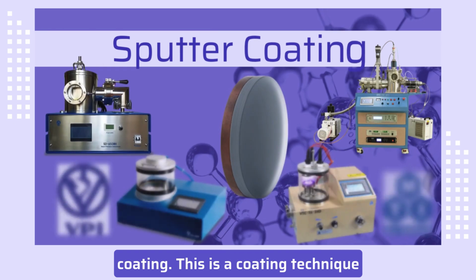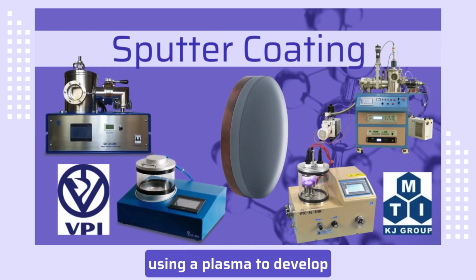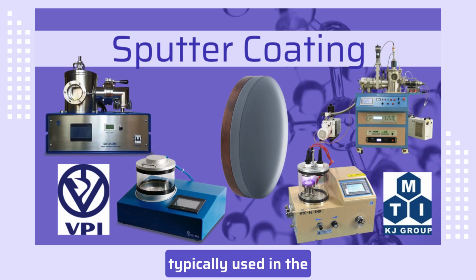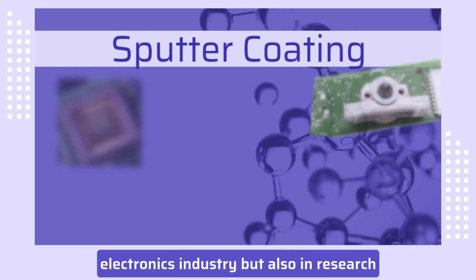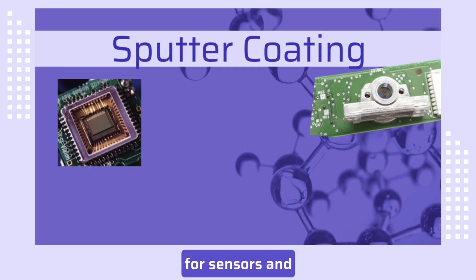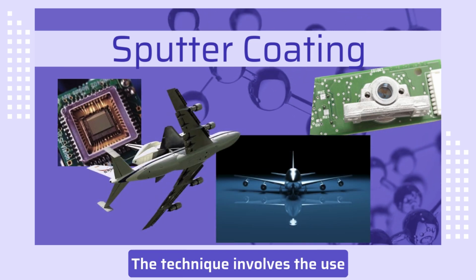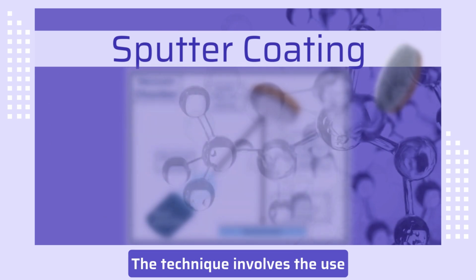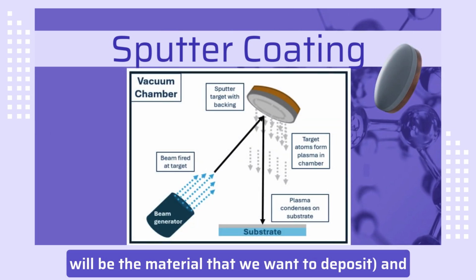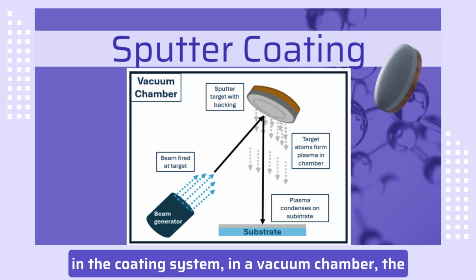So, sputter coating. This is a coating technique using a plasma to develop a coating onto a surface, typically used in the electronics industry but also in research for sensors and aerospace applications amongst others. The technique involves the use of a target. The target will be the material that we want to deposit, and in the coating system in the vacuum chamber